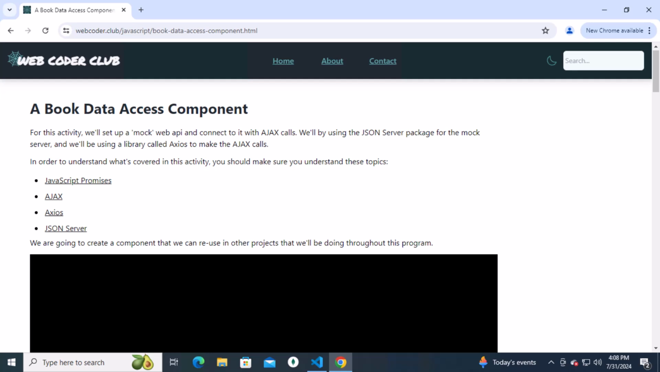And actually, this component that we create in this activity, we're going to use it in our React sample project. So this shows that components can be reused. We're going to build it and test it here, and then we're going to use it in our React sample